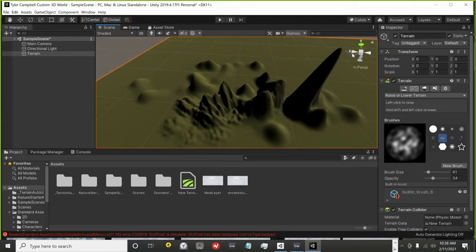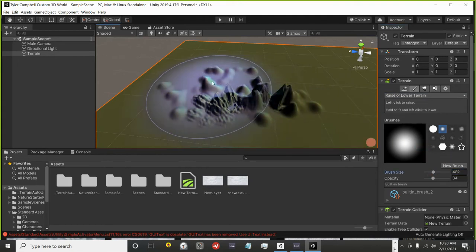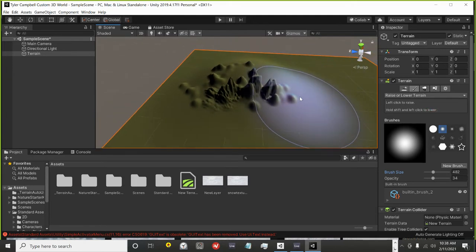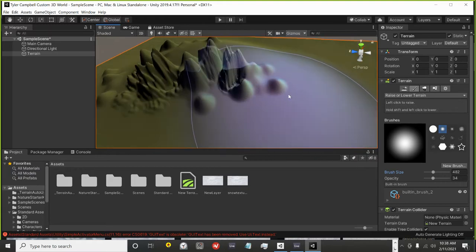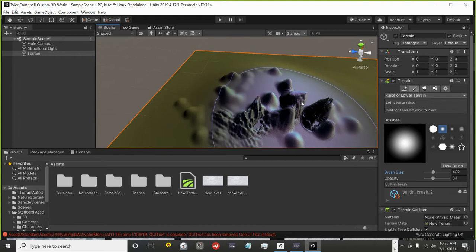All right. So this one I definitely want to lower. I don't like that. That's kind of weird looking. But if I want to go to this diffuse one, if I want to change my brush size to be this whole area, I can go to brush size and up that a little bit. And now I could raise this whole general area right here if I wanted to. So this is the fun part. This is where you guys can start to be artistic. And if you don't like what you're doing, if you want to smooth all these mountains out a little bit,